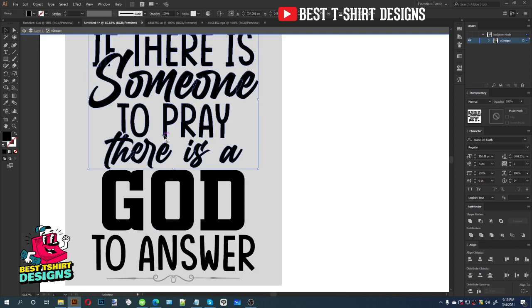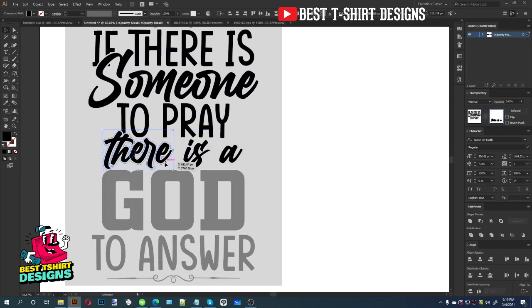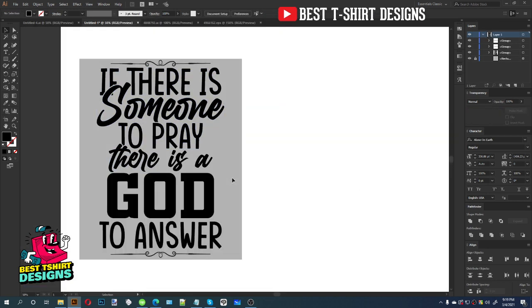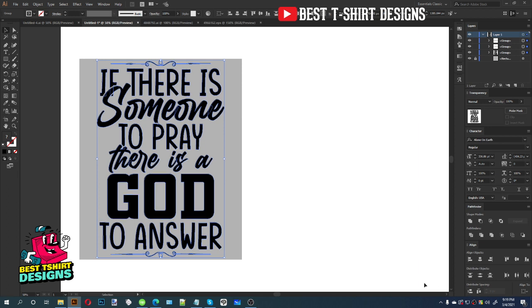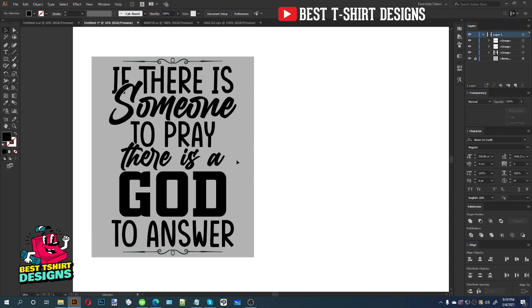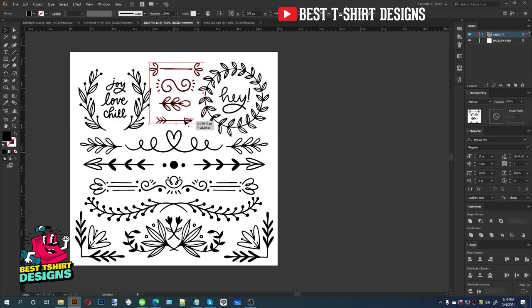Now if I select this spray group, inside that I will find this transparency group, and it is not basically touching my god text, so let's leave it as it is right now, don't worry. I'm going to select these three again, center align, then distribute the space between them, and it is going to fill up like this. That is fine. Now for this area here, I'm not going to make too many decorative elements like in our previous designs, but I'm going to use some of the elements from this bundle,